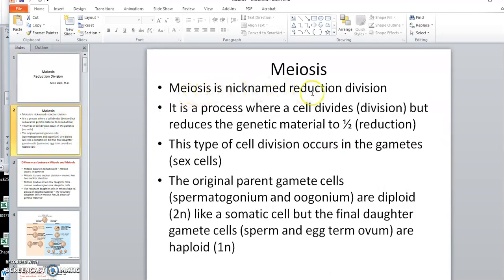So meiosis is nicknamed reduction division. It's a process where the cell divides but reduces the genetic material by one half. This type of cell division occurs in gametes. Remember, mitosis occurs in somatic cells. The original parent gamete cell, which would be called a spermatogonium in the male or an oogonium in the female, have